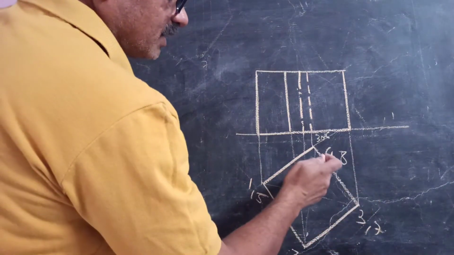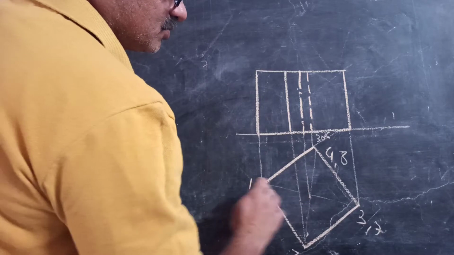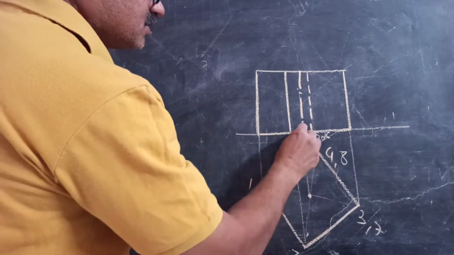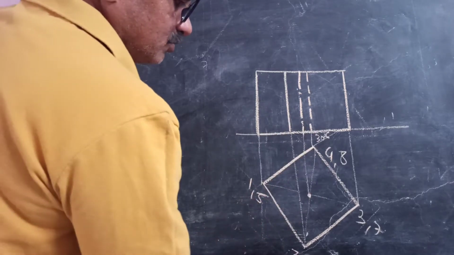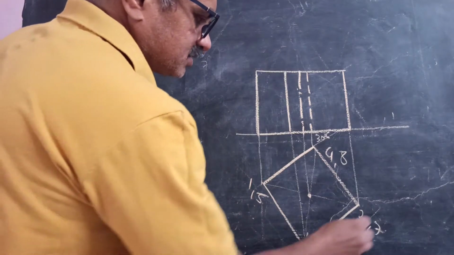Then draw this square and then this cube. Since it is a cube, there won't be slant edges. So this should be as light as possible. So this is what is the axis. This is 1, 2, 3, 4. Again it has got 8 corners. So 5, 6, 7, 8.